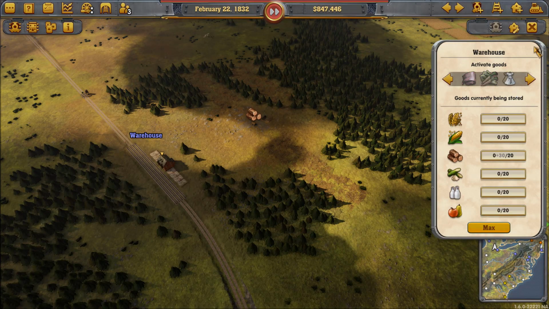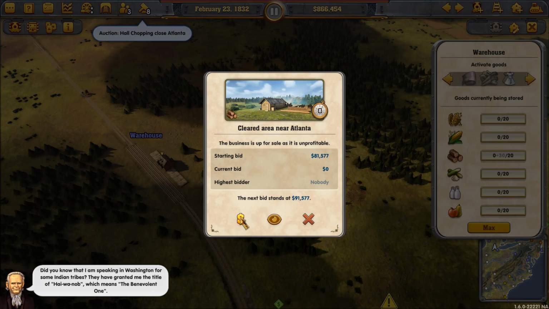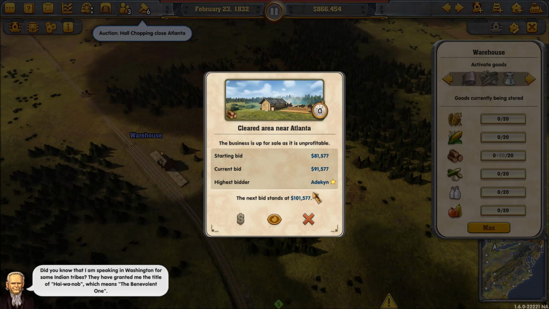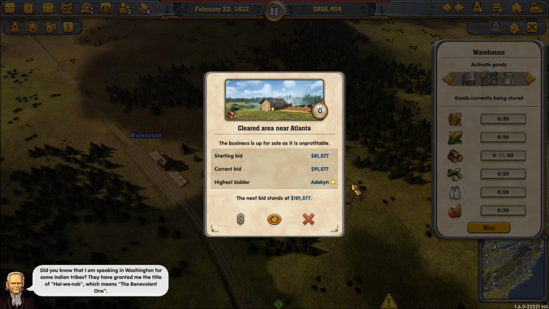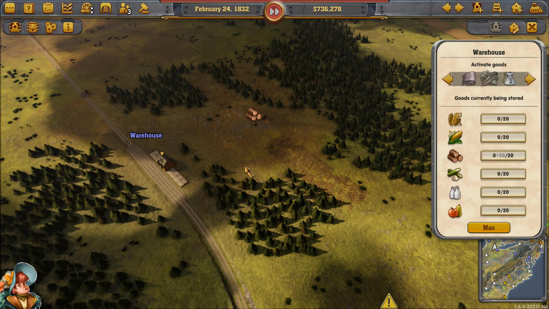Stop that. Did you know that I am speaking in Washington on behalf of some Indian tribes? They have granted me the title of... I just bid on that. I didn't mean to. I was just trying to get rid of it. Too much stuff going on. Sorry. I just bought a